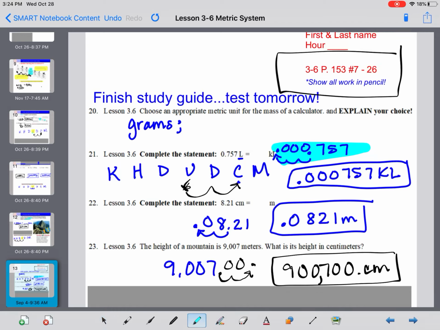All right, your assignment is to work on page 153, 7 through 26, and practice some more for your test tomorrow on all of chapter 3. Make sure you're asking